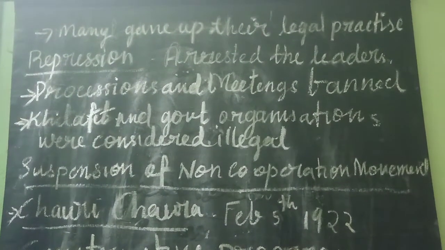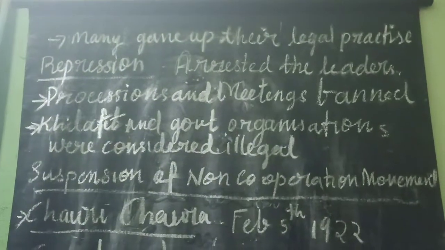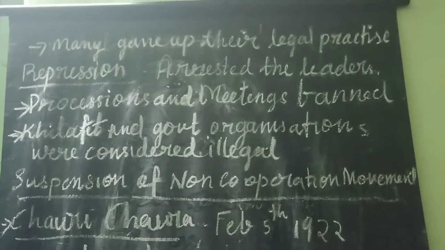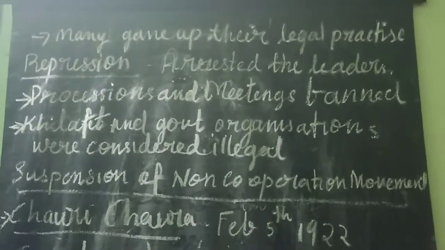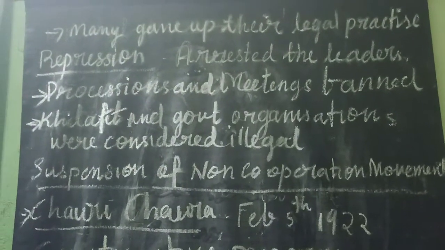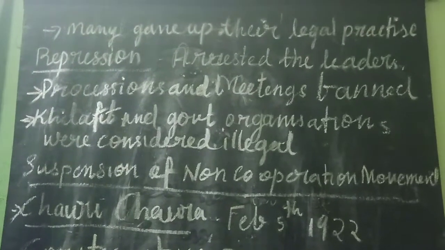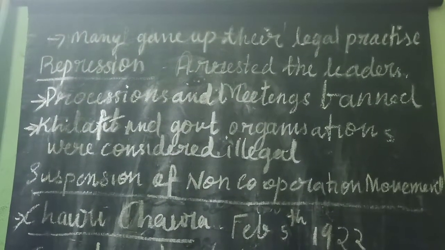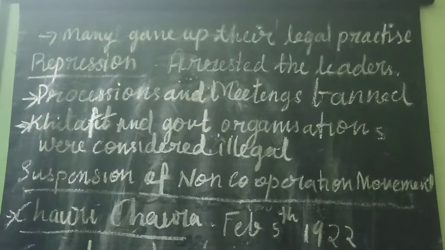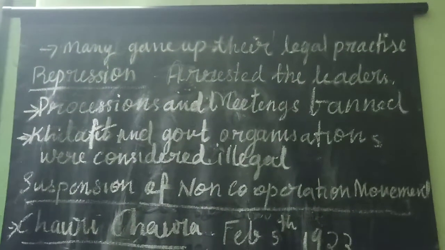Then the Prince of Wales came to India during that period, in 1921. The people boycotted his visit also. At Mumbai, people boycotted his visit, observed hartals and arranged a meeting on the beach. The mob turned unruly and riots followed all over the country. Police opened fire, and this also killed many people. Nearly 59 people were killed in this incident.